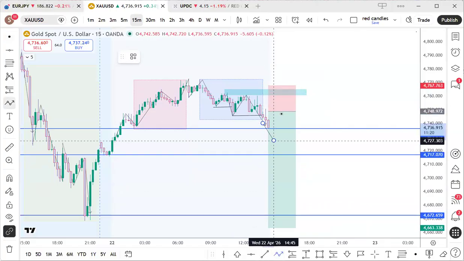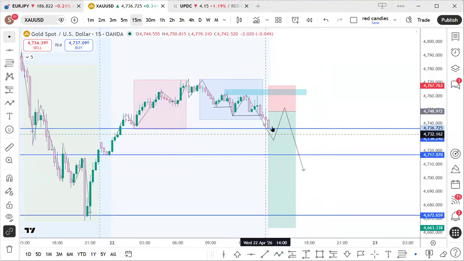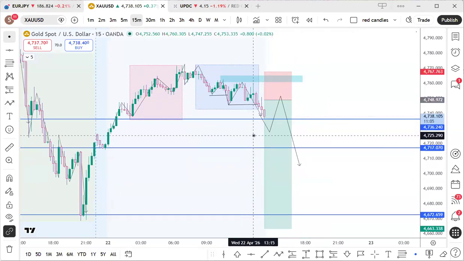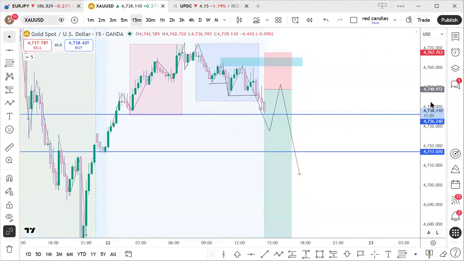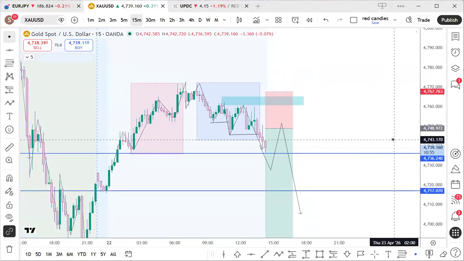If after this push down it comes back up again, yes, you can enter and see if you can go further down. But I don't usually like entering when it's already on the lows for a down move. I like to enter on a pullback. Okay, anyway, let's see. Do we have any other trade setup that we want to look at? Any pair? Or do we have any question?